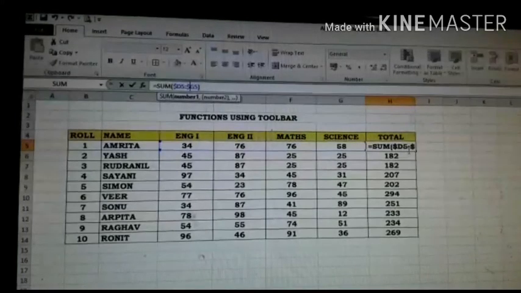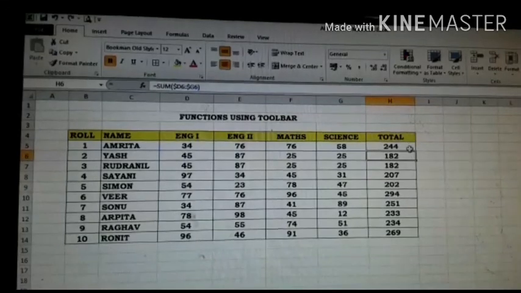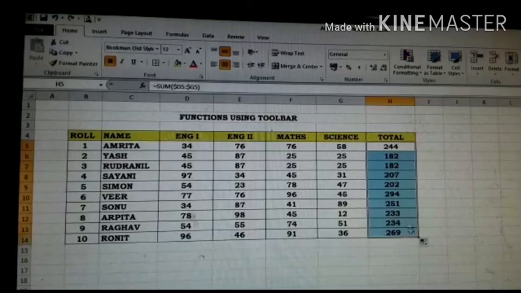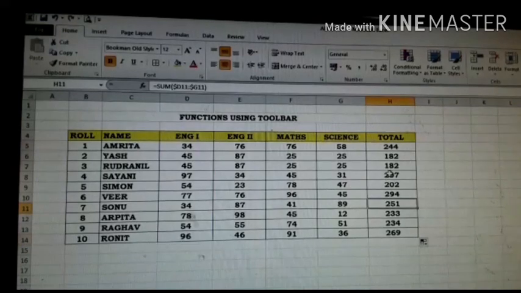I am pressing enter, and now I am copying this formula to the rest of the cells. So in all the cases, you will see the D column. Now see, I am selecting the formula, it is showing the formula. In every case, these columns are absolute and rows are relative in nature. So this is mixed referencing.